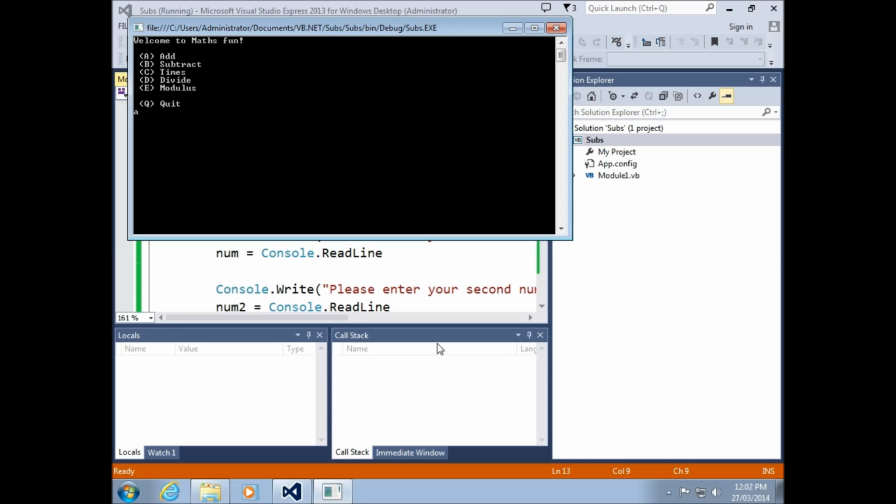Okay, so let's choose A for add. Please enter your first number 5, second number 10. Your 2 numbers added are 15. We're back on the menu, which is fantastic. So I can choose something else. I can't choose subtract or whatever, but it's not crashing, which is good. And if I type in Q,